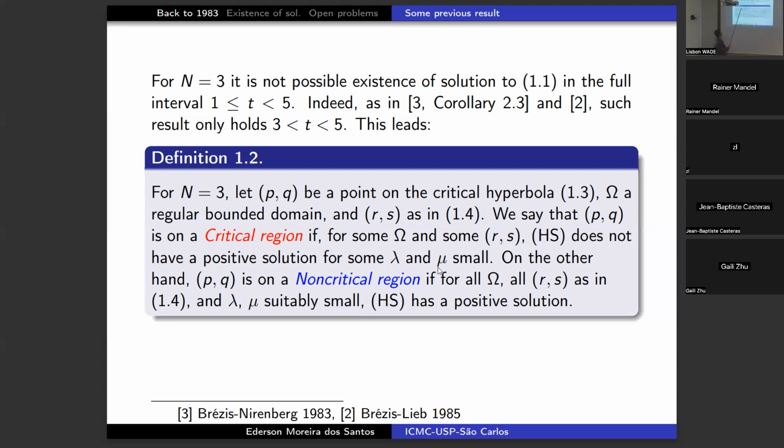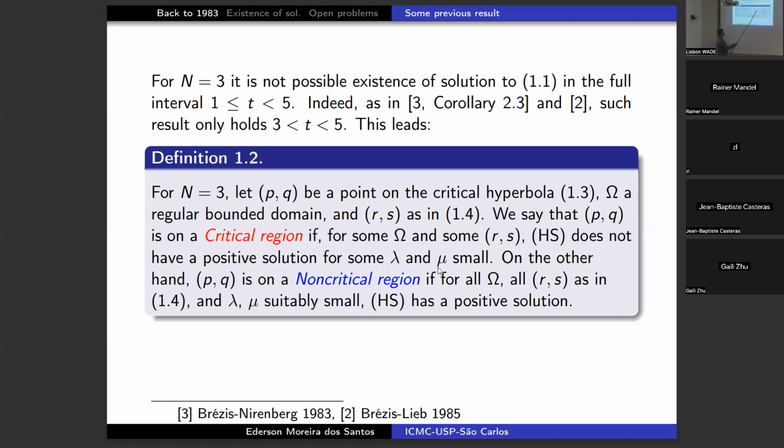And this leads to the following definition for the system. For n equals 3, let (p,q) be a point on the critical hyperbola, and omega a bounded regular domain. And (r,s)